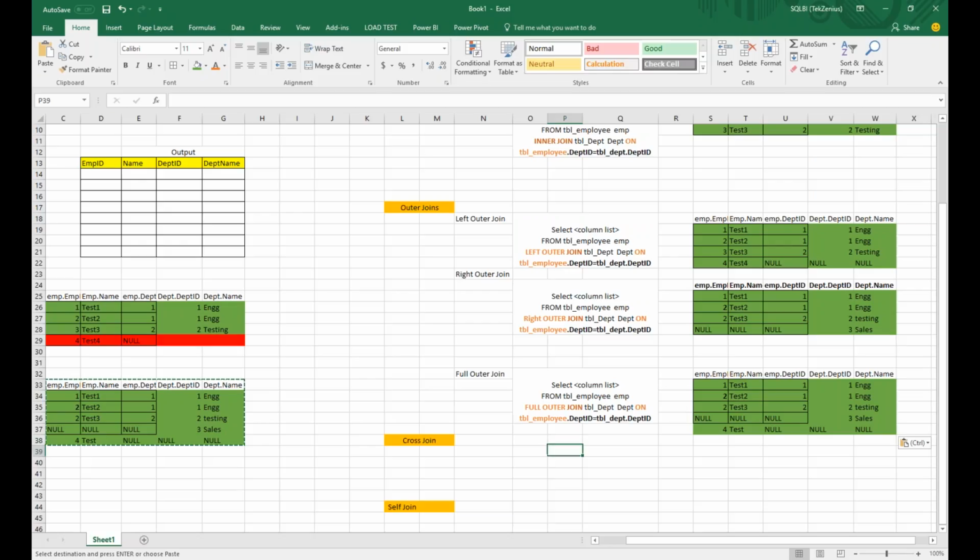The cross join is nothing but the Cartesian product. So in the cross join, basically it's a combination of all the possibilities. So when I go for the cross join, what it will do is, okay,